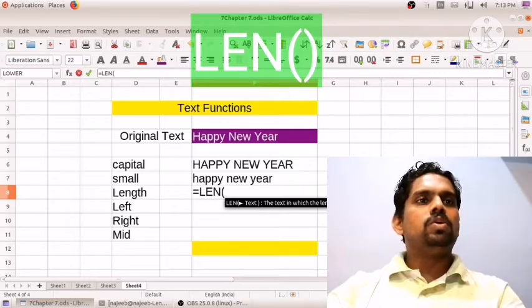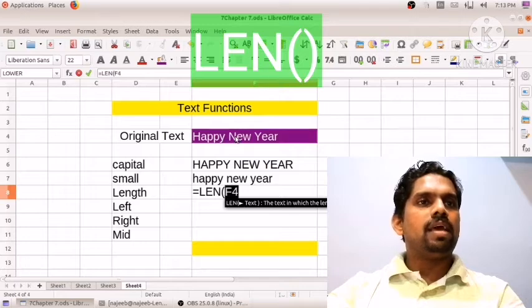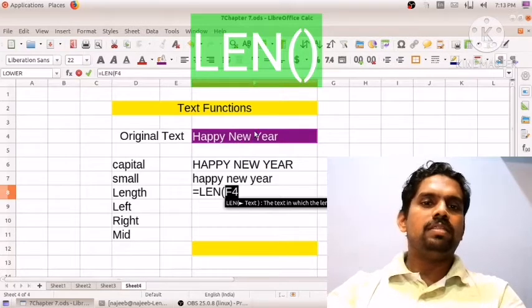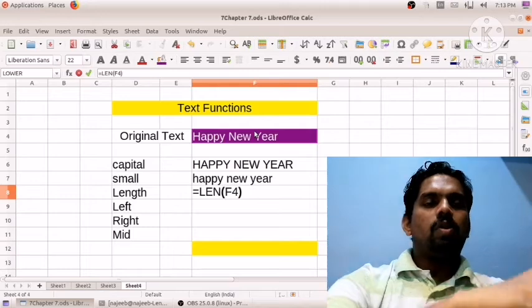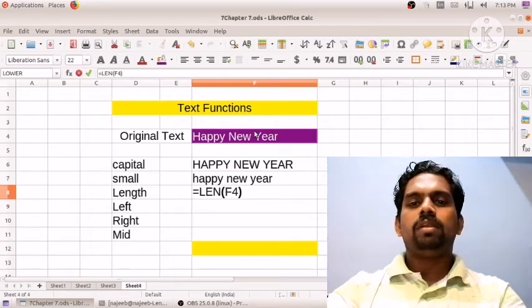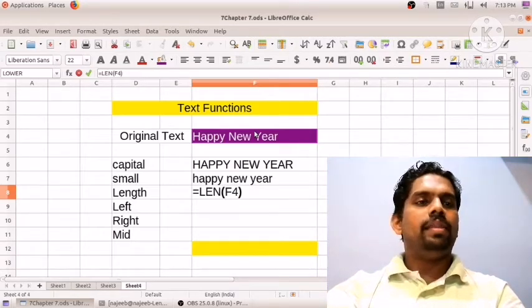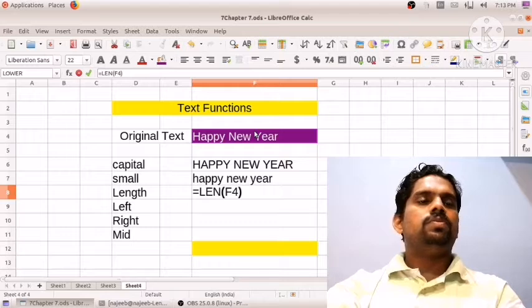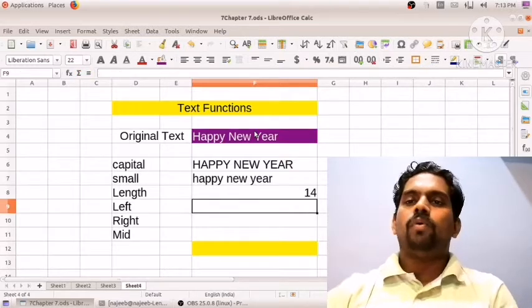So what to do? Equal to len, then select this Happy New Year cell, that is F4, then close the bracket, then enter. You see it is showing 14.